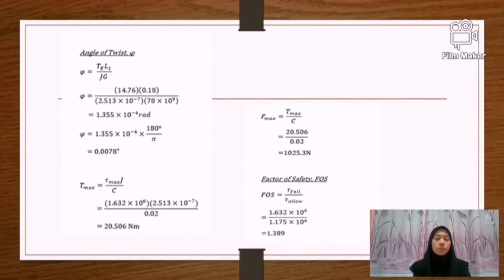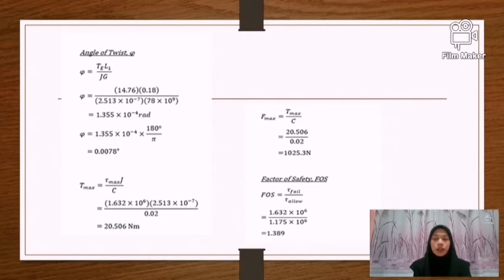Next, for the maximum torque, the equation is shear stress maximum multiplied with J divided by the radius, which is C, and we got 20.506 Newton meter. For the maximum force, the equation is T max over C, and we got